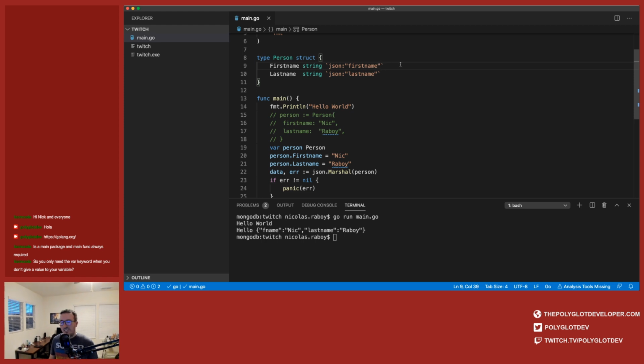Now, if I wanted to, and this is more on annotations, just kind of showing you the power. For example, I could also add XML annotations. I know XML is not as popular anymore, but if I wanted to, I could say XML first name. And now if I exported to XML, the node for this particular field will be called first name. And likewise, if I were to consume this data, if I were to try to unmarshal some byte data into this struct, it would take the nodes or the JSON fields and it would map them appropriately.